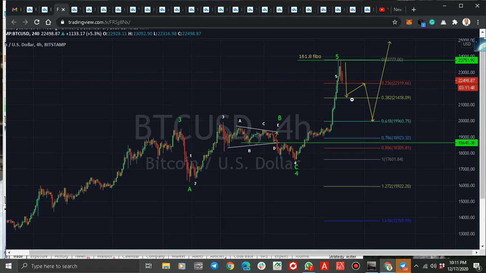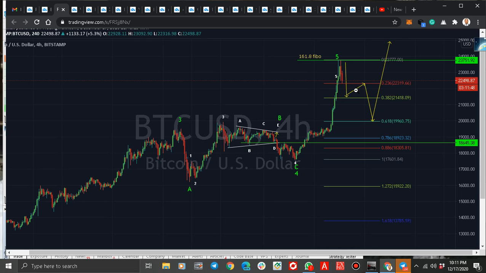Some might have bought here, and they will think it will go to 30,000 directly. It will go to 30,000, but not straight. Something will happen. It will correct. It will make a pullback correction before another buying. So if you want to buy, get ready after this correction. The correction can come down here, or it may end here, but I doubt it will end here.